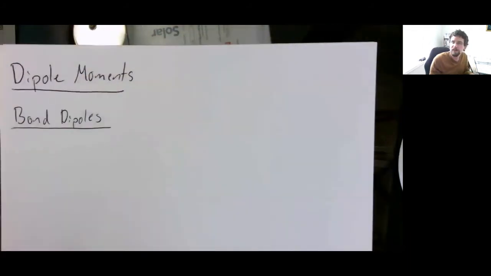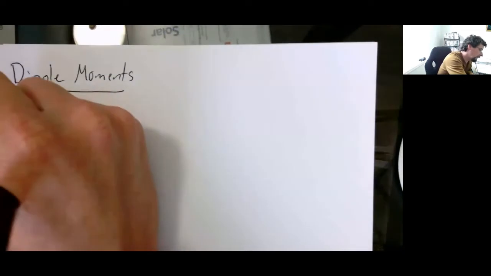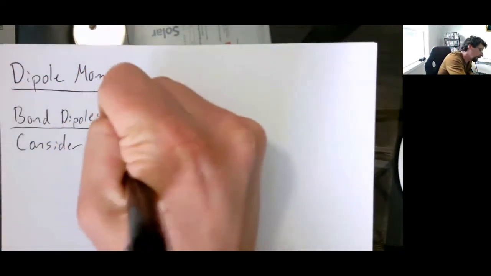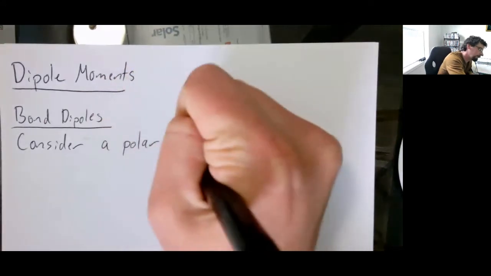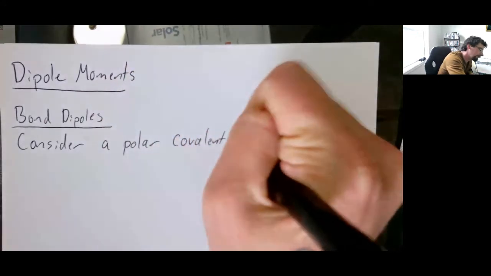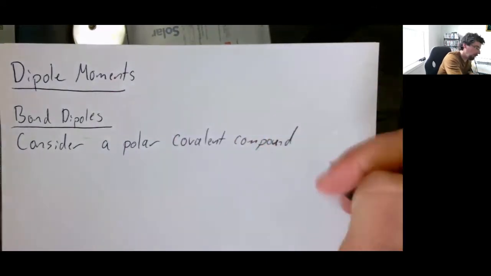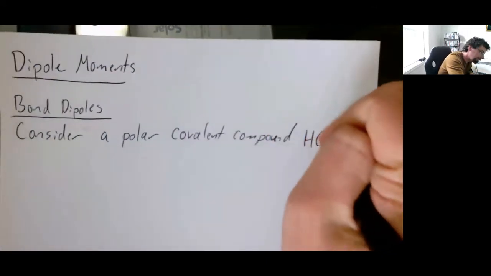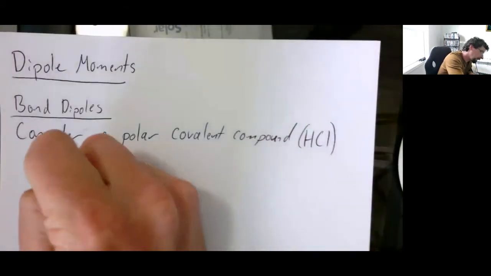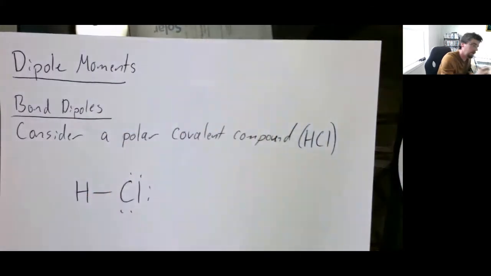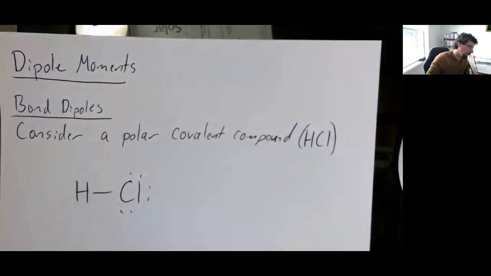What we're going to do, let's consider first a polar covalent compound. Let's go with a simple linear one, HCl. So if we draw the Lewis structure of HCl, it looks like this. Now, if we try to draw out the electron density, what will happen is, we'll